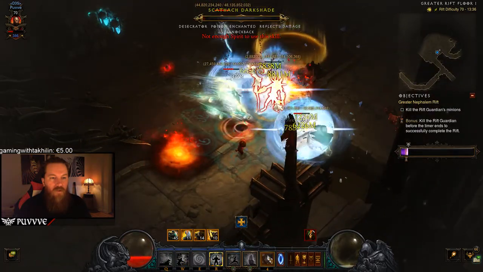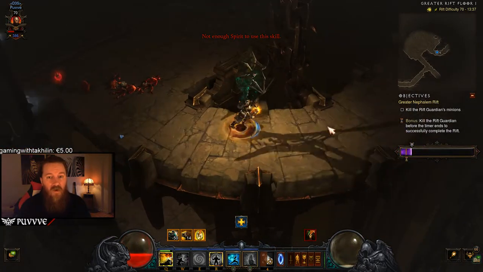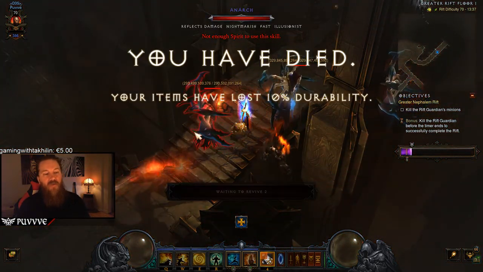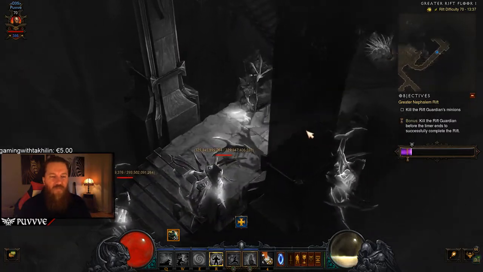Let's see here. Kill this guy off. There we go. This is actually pretty hard, I have to say. We have a lot of stuff to avoid, and if we have ranged mobs shooting at us, oh, I'm gonna die here. If you have ranged mobs doing this, it's gonna be tough. But